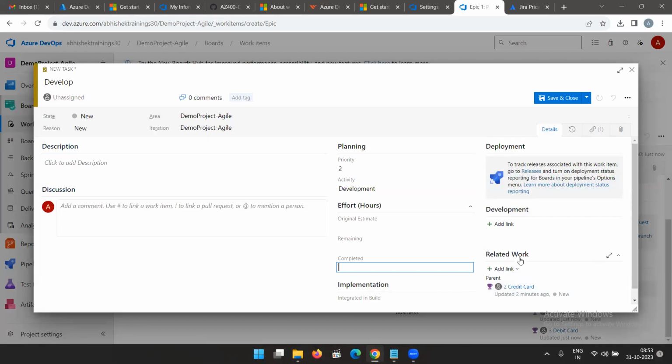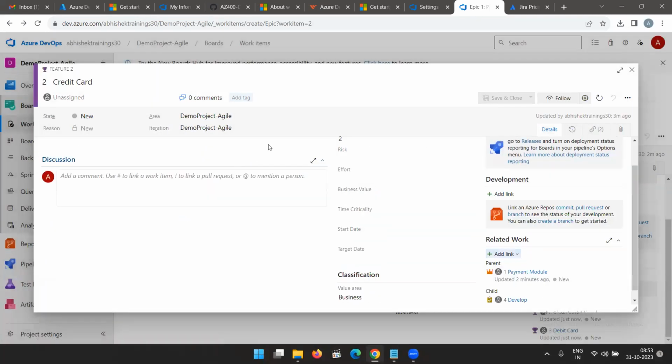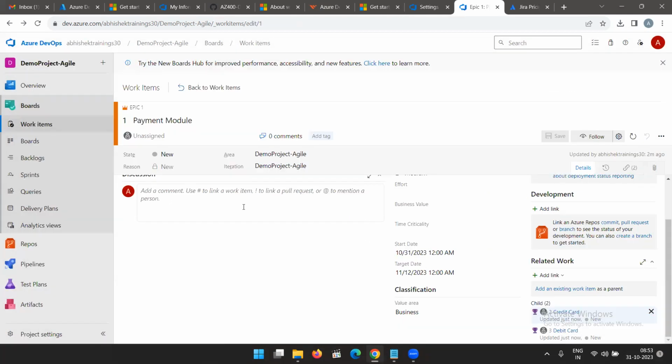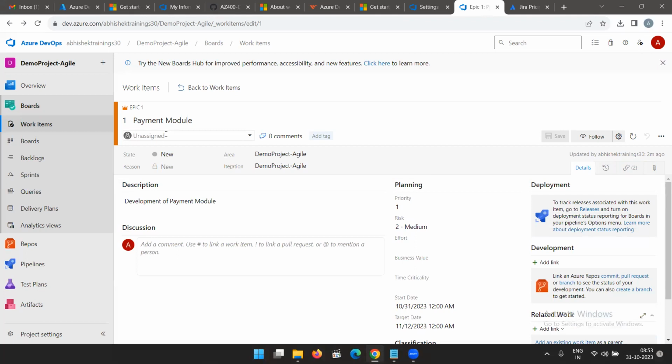Okay, so this is the task here. Save and close. So this is the payment module. So similarly, you can have another epic. Now, if I go to boards,